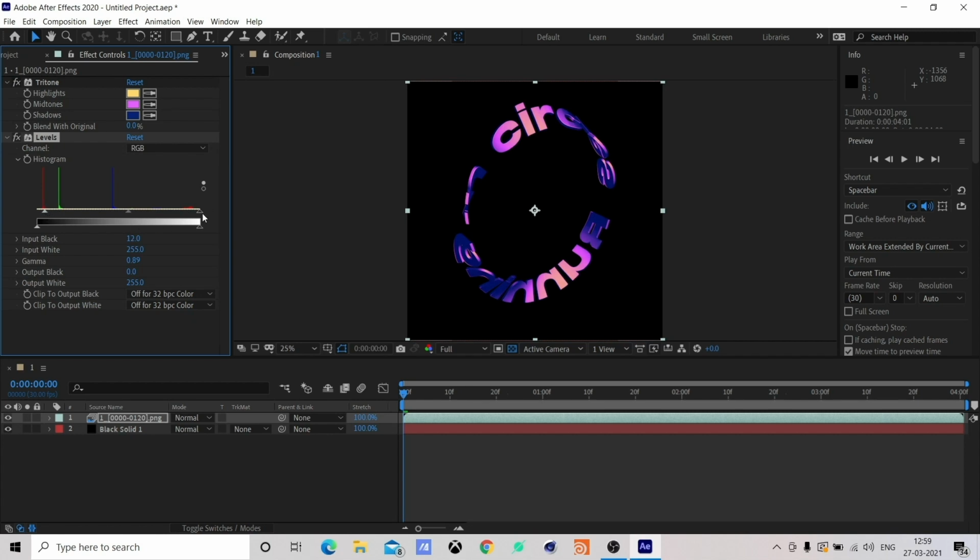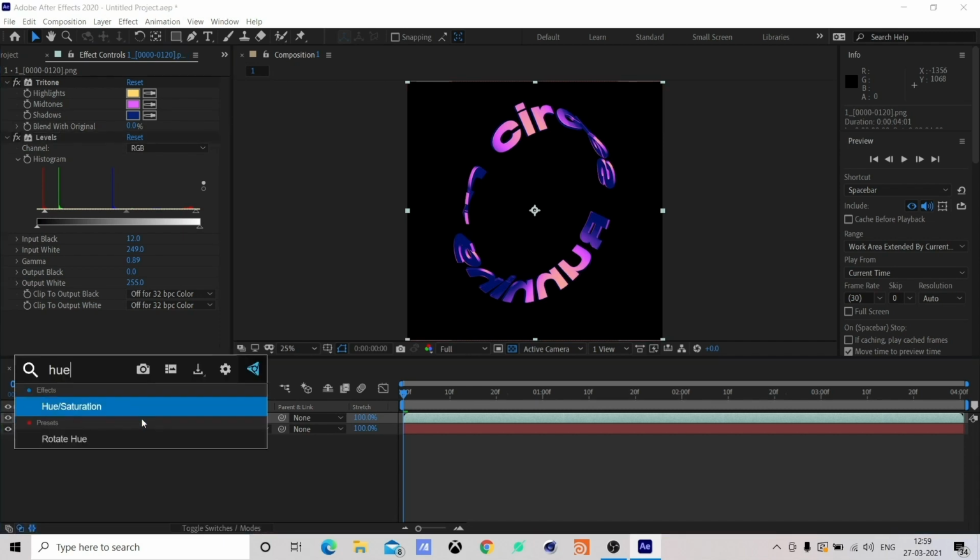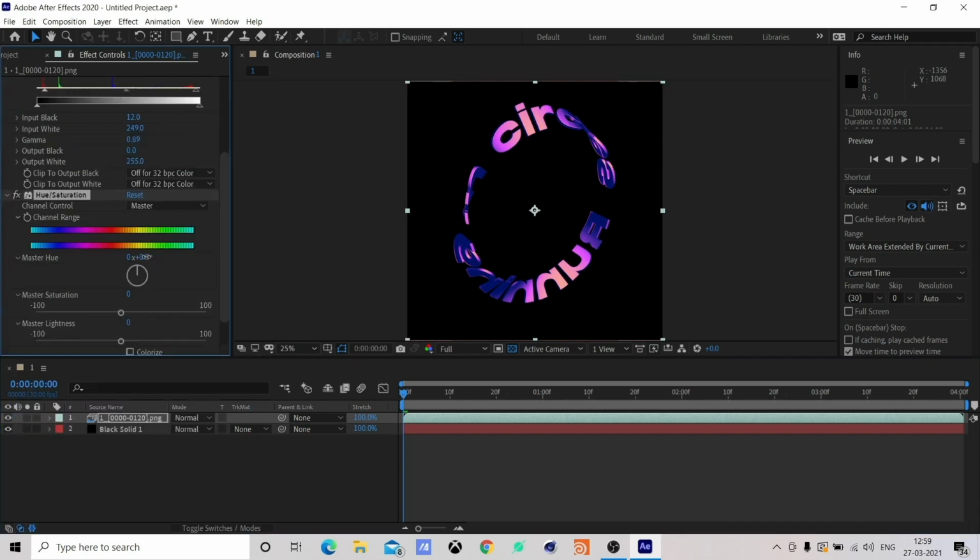So I'm just increasing the contrast a bit. Now I'm going to add a hue saturation. And the hue saturation tool is really useful because you can quickly try out different color combinations. Now for me, this works. I just made a slight tweak. You can see the change is really subtle, but adds a lot of subtle color variations.